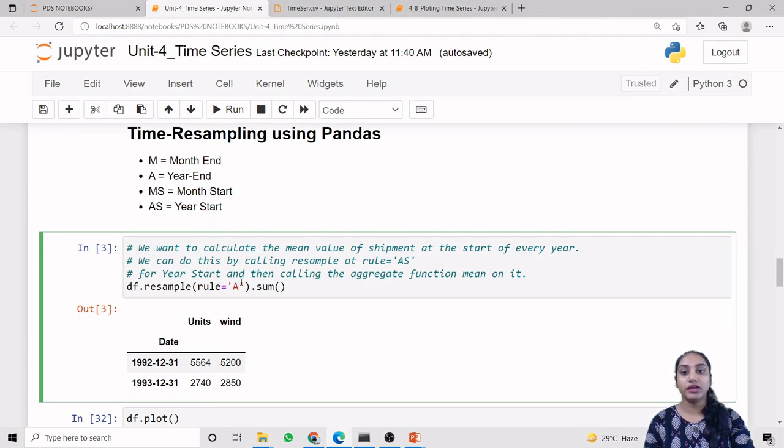So now we have used capital A, that is the year end. So these are the year end values, that is 1992-12-31 and 1993-12-31 in the available data.